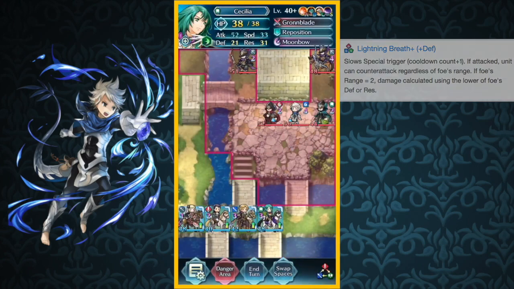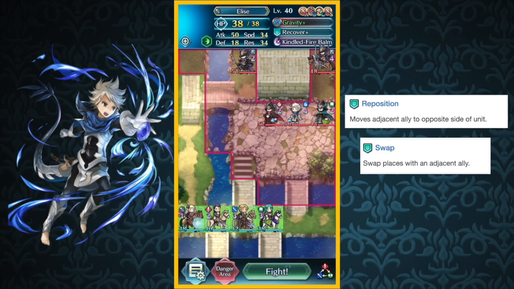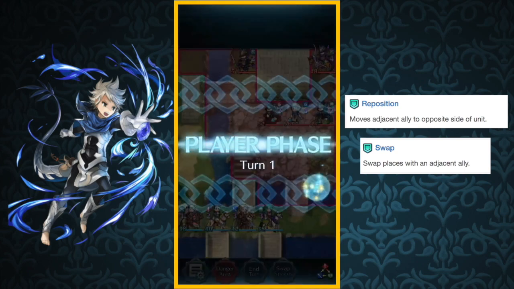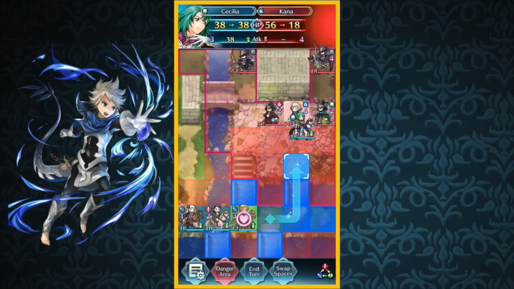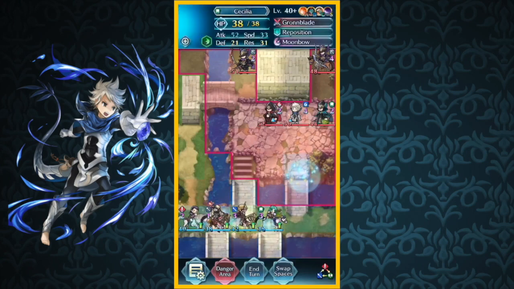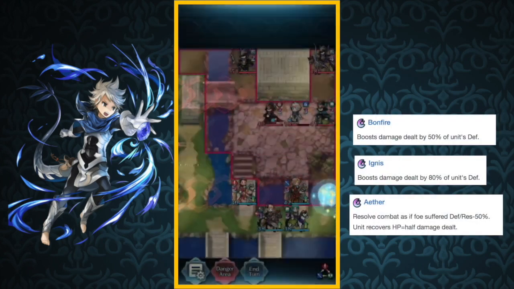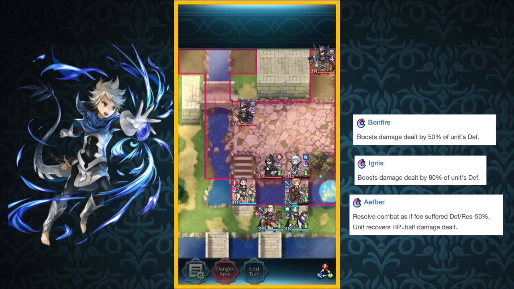His passive can be anything depending on your team, so I'll stick with the 2 staples. You can either have Reposition for Barst or Selena, or you can even have Swap because they're pretty much the best passive skills. His normal special is Dragon Fang, which again really doesn't help him because of his lower attack points. The best probably is Bonfire or Ignis because of his high defensive stats, or even Aether if you're rich